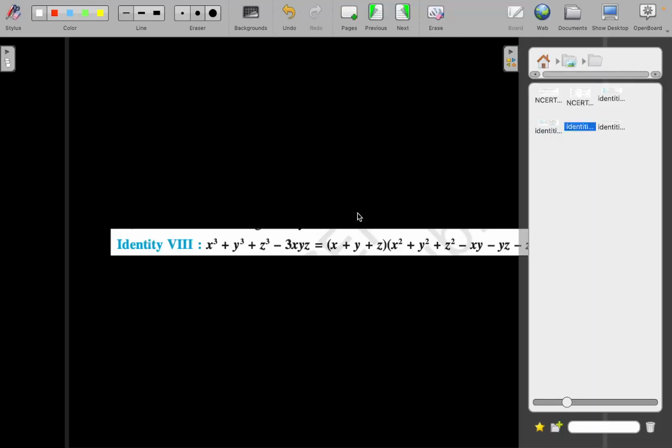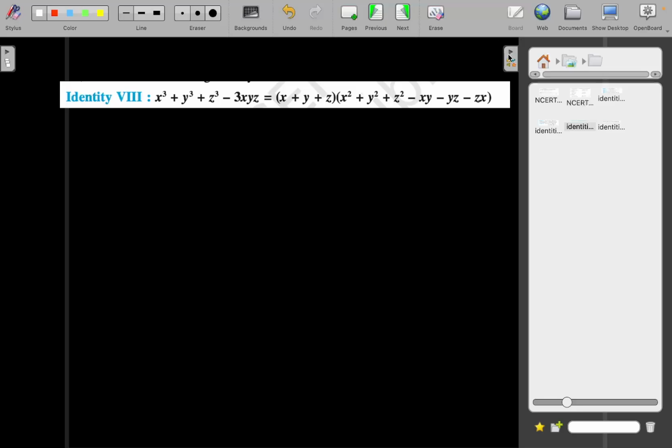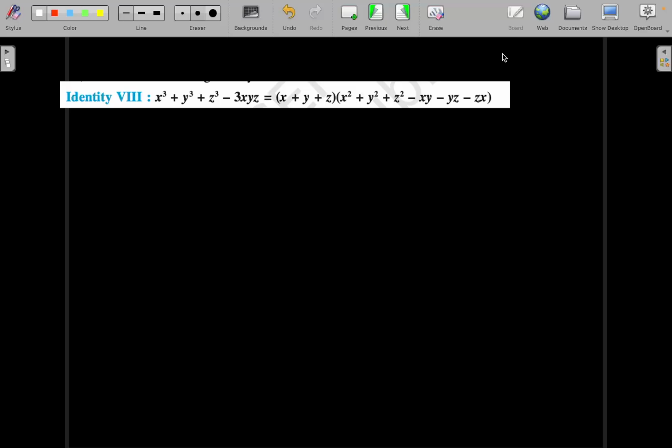This one is a little hard to explain, but we are not able to explain it properly right now. We'll come back to this identity in the future, and there is a very important topic called symmetric polynomials, and when we study symmetric polynomials we will be able to justify this particular